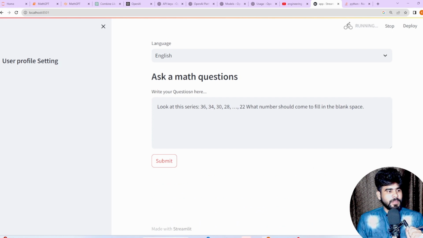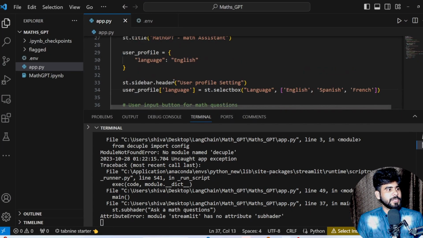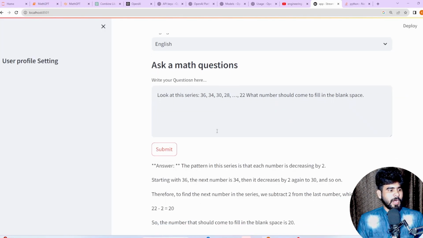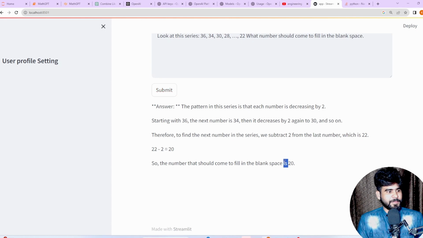It's running, so let's wait a few more seconds. In between we received some errors, but I just imported this config from decouple, and then we are able to access our complete application. Now we are getting our complete output. The number that should fill the blank space is 20.